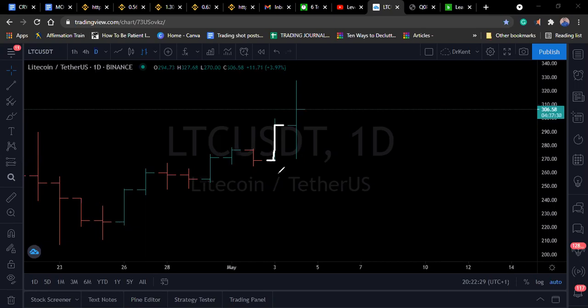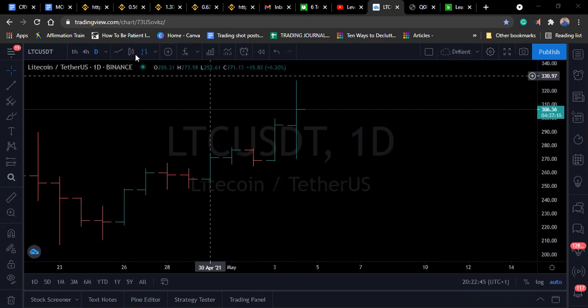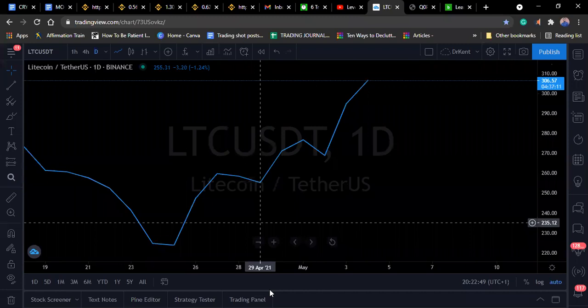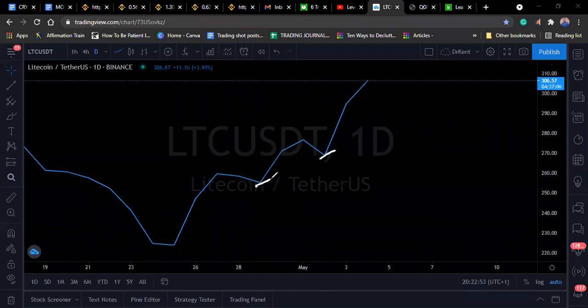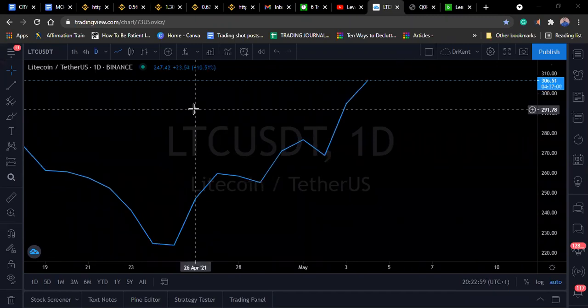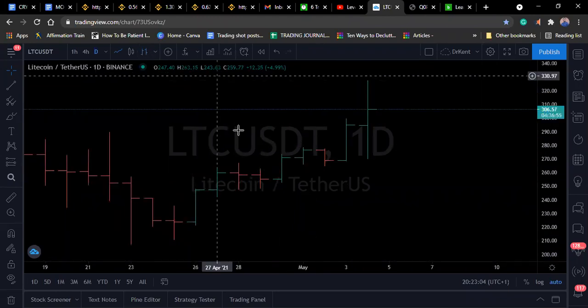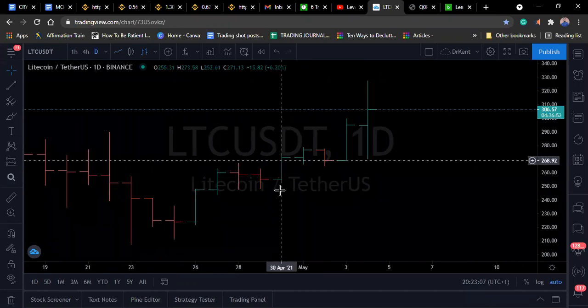Now, looking at this, you can see that it is more detailed than the line chart. The line chart only tells you where price closed. It only picks a point and tells you price closed at this point. Let's look at the line chart again so you see the difference. The line chart only tells you the closing point, which is here, here, and here for those particular days. But then the bar chart gives you more details. It tells you where it opened, how far it went down, or how far it went up, and where it